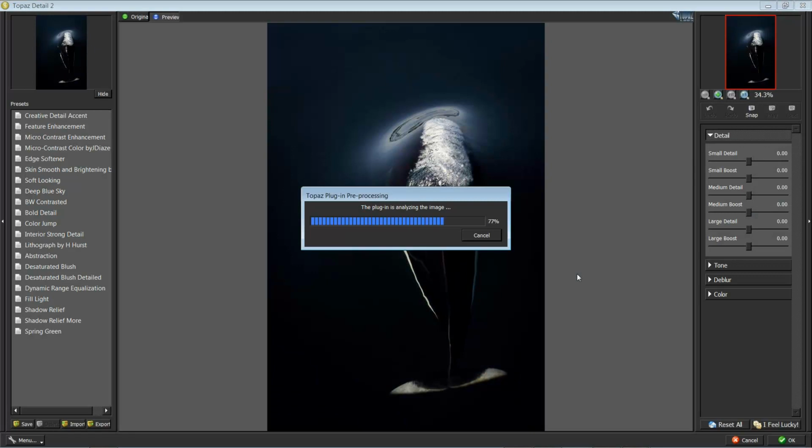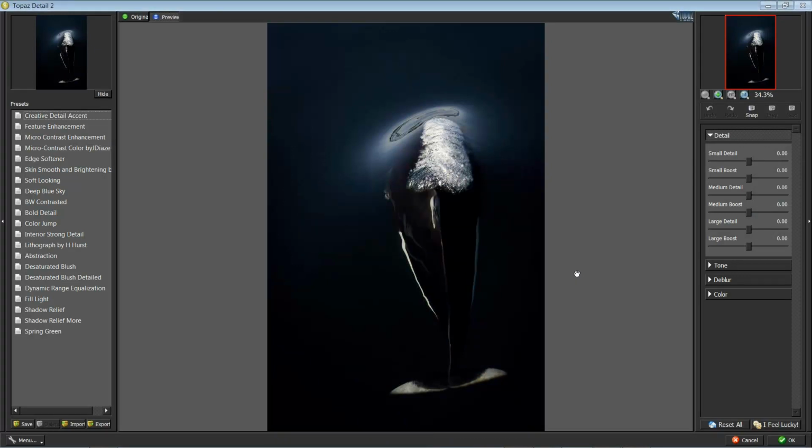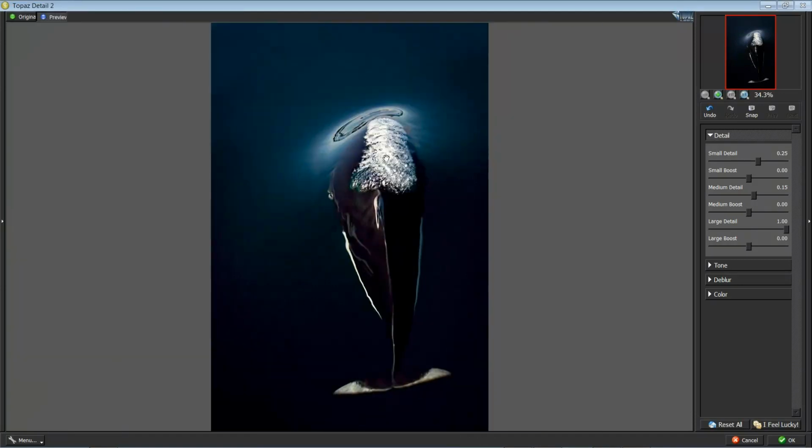Detail, I think, does a tremendous job of bringing detail back into the image based on small, medium, or large detail levels. You can think of that, if you will, as what different pixel size or what radius is that detail amplification applied. I'll just use a quick preset here, something that we're going to notice. I'll hit Bold Detail, and yeah, you bet, there's a lot of detail added back in here. It's probably too much. I'm going to overdo it for this discussion. Come in, hit OK,